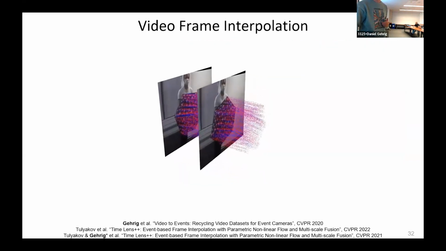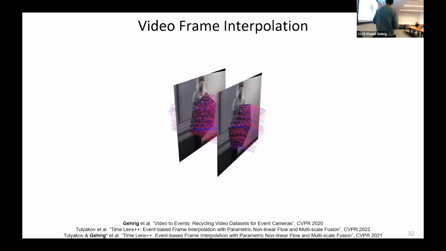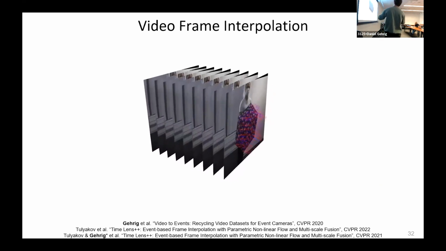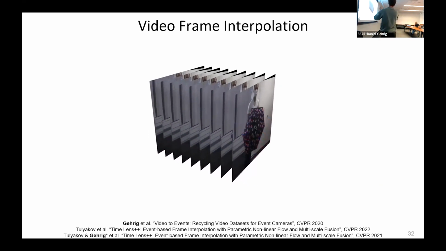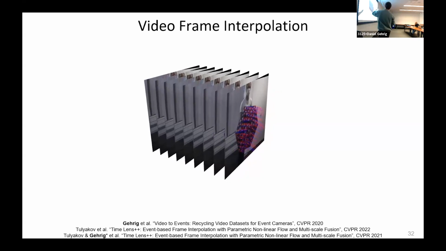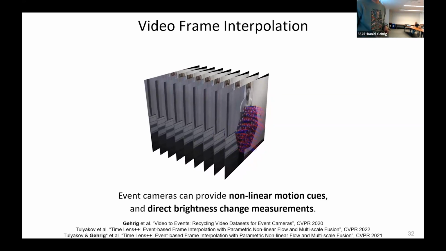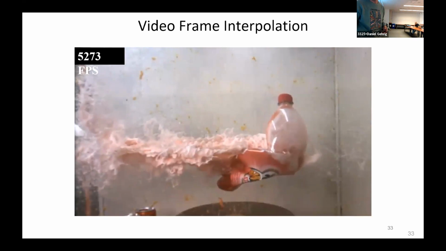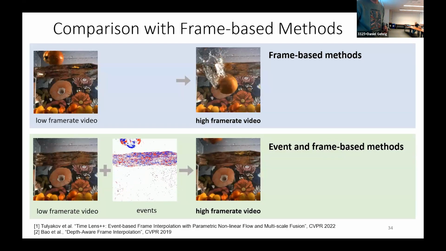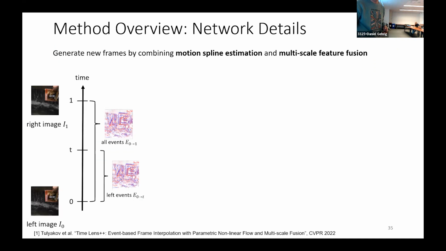Another instance of this combination is event-based video frame interpolation. Here the goal is to use a low frame rate video together with events and then generate a high-speed video. This is also an instance where we had to design an algorithm to propagate information from frames into an intermediate timestamp using events. And the way that we achieve this is by using a